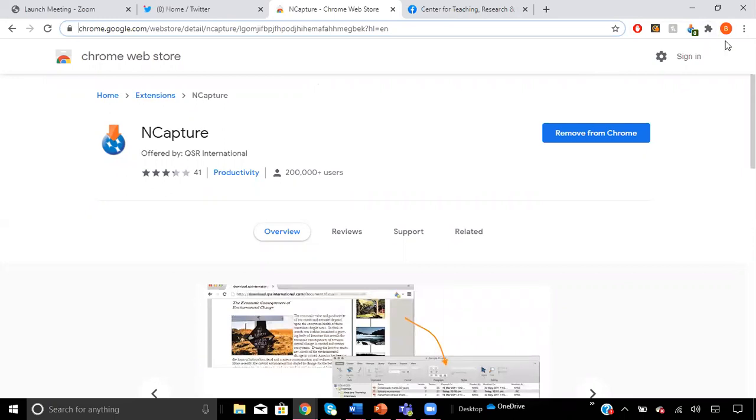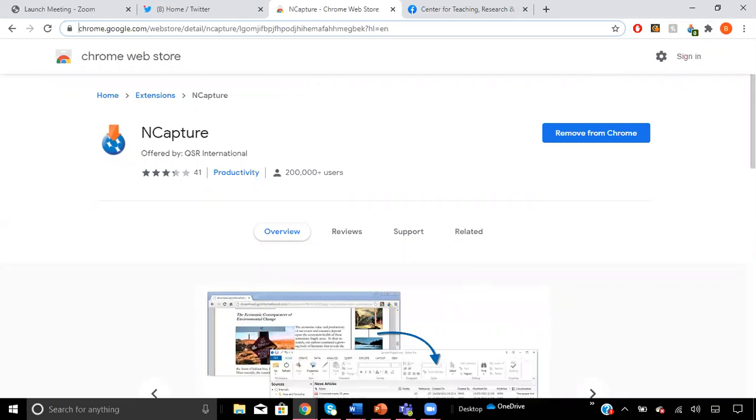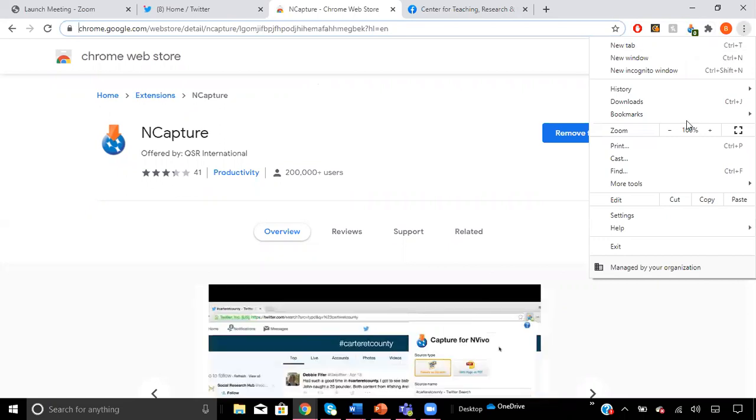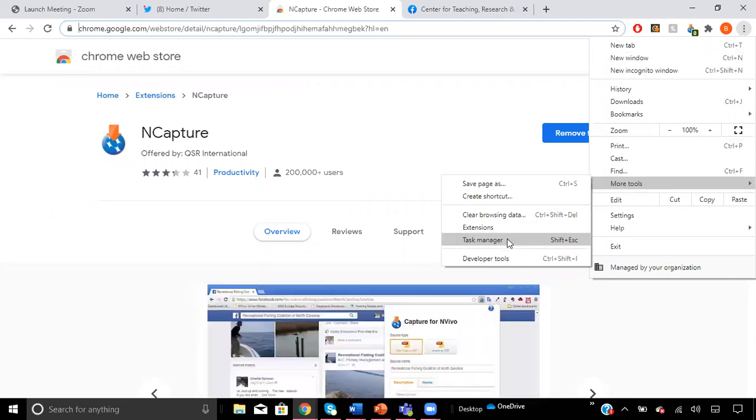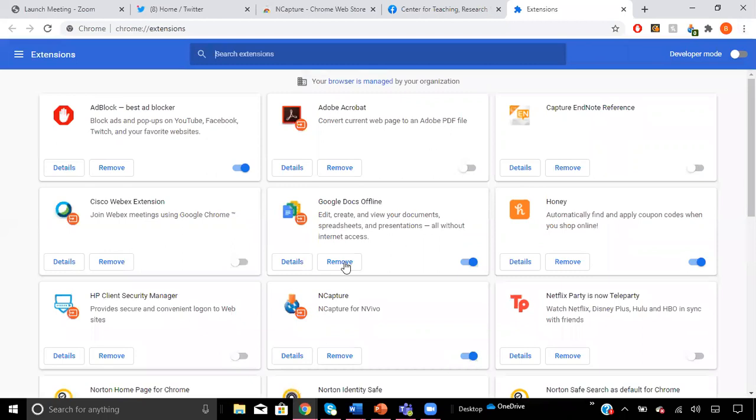So if you recently downloaded NVivo and already have InCapture, to check and make sure it's there, if you don't see this button, go to your menu and then hit more tools and extensions, and that should pull up all your browser extensions, and InCapture should be listed, and just make sure it's turned on.